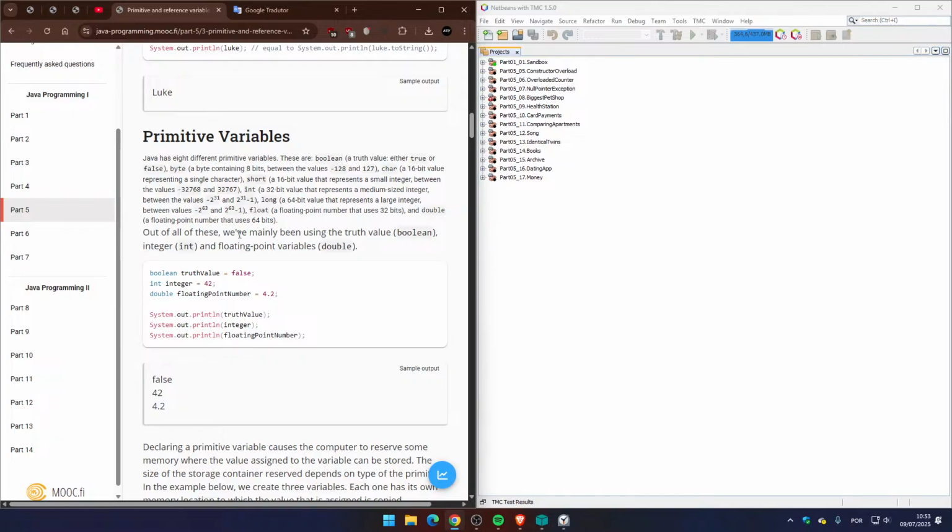These are boolean, a truth value, either true or false; byte, containing 8 bits, with values between negative 128 and 127; char, a 16-bit value representing a single character; and short, a 16-bit value that represents a small integer between the values